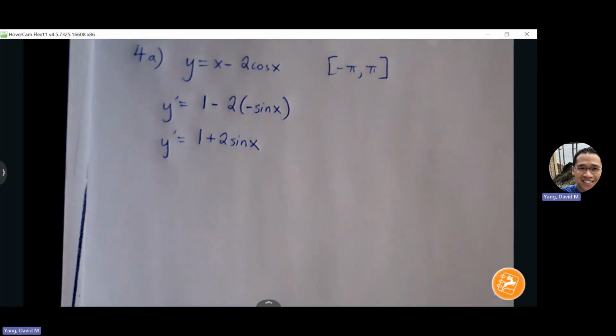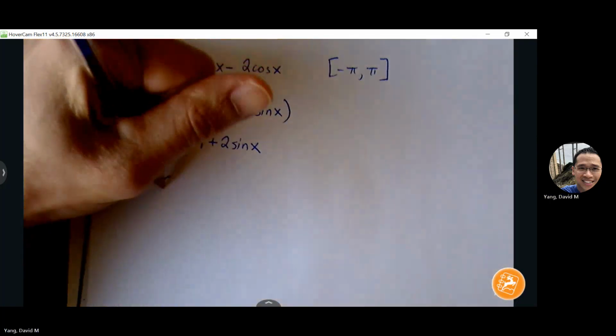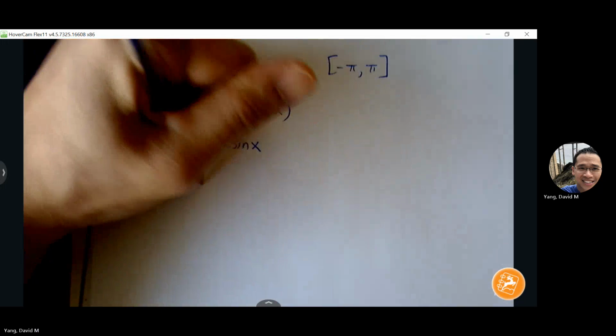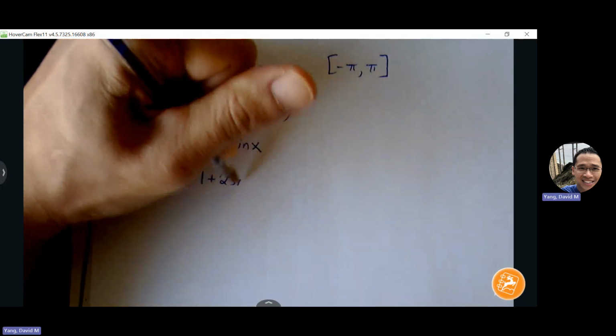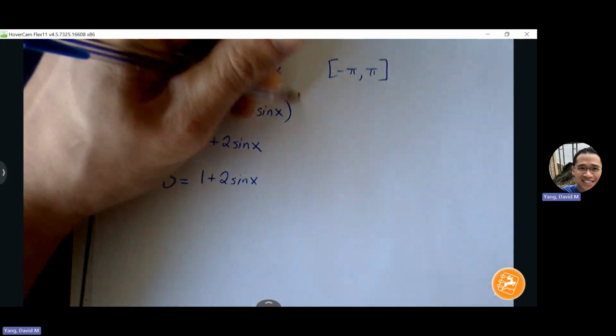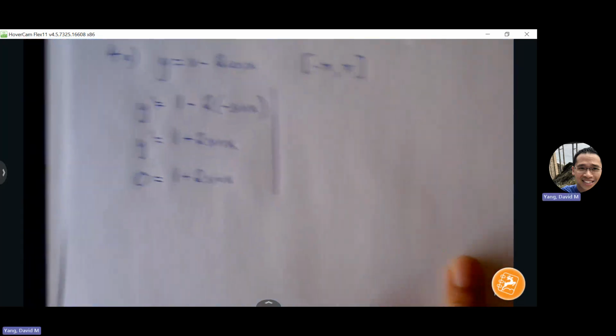All right, so we know that we're going to find our critical points from y prime. So we can set y prime equal to 0. And this begins our first derivative test, right? We're going to find critical points,